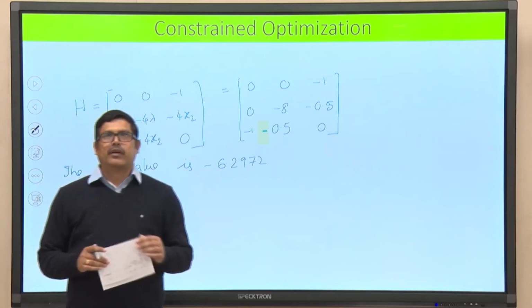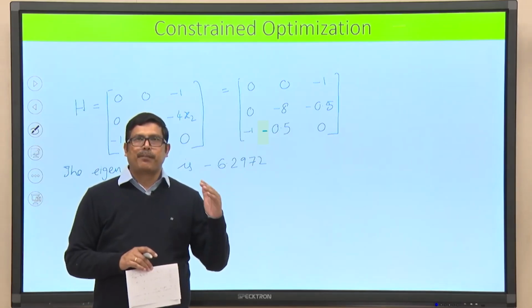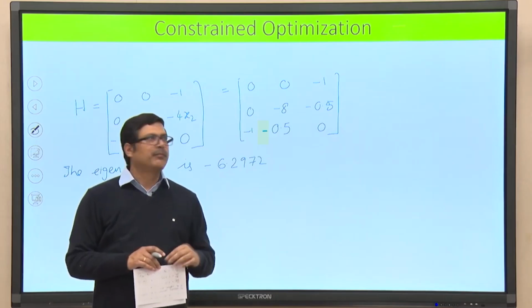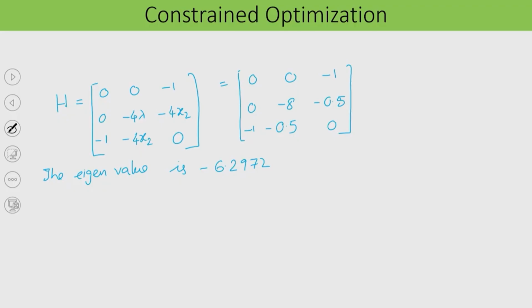Therefore the optimal solution we have got is a maximum point. And if we calculate the function value, f(x star) is equal to